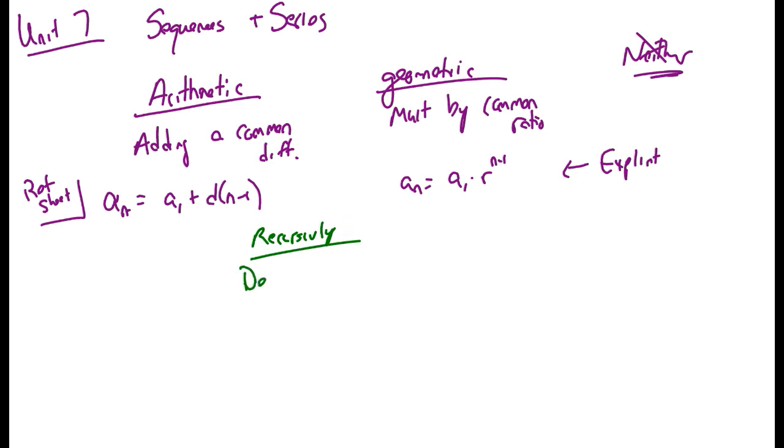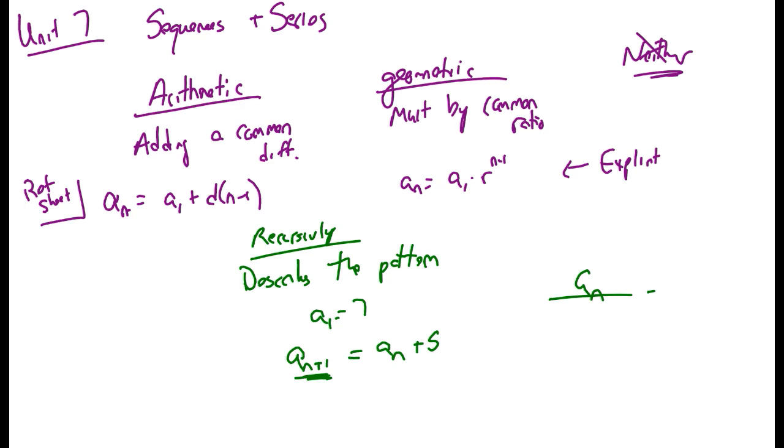it describes the pattern. And there's two parts to a recursive formula. You have to tell me where to start, and then you tell me, how do I get to a sub n plus 1? How do I get to the next term? Well, I take the one before it and maybe add 5. Because here's a sub n. Who's next in line? The a sub n plus 1th term. Who's before a sub n? A sub n minus 1. So a recursive formula is describing the relationship between those two